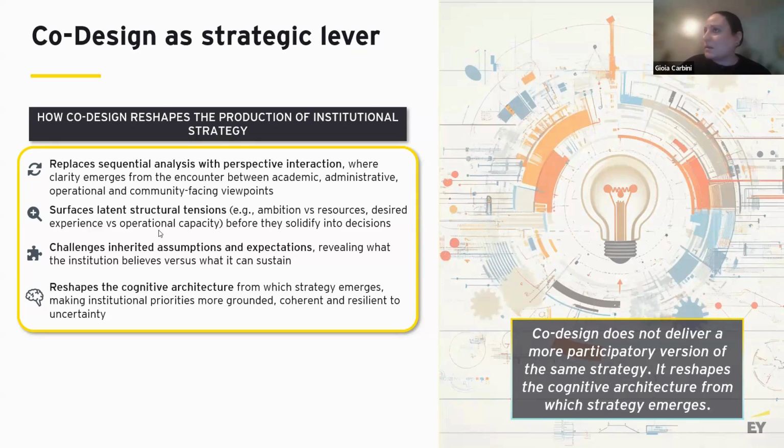So we surface structural tensions earlier. When we try to detect what these tensions could be, when we challenge the assumptions that we have as humans, and when we expose unrealistic expectations, we apply co-design at a strategic level. So we have the ability to reveal the contradictions that, from some perspectives, would remain latent during the process. So, for example, when we have